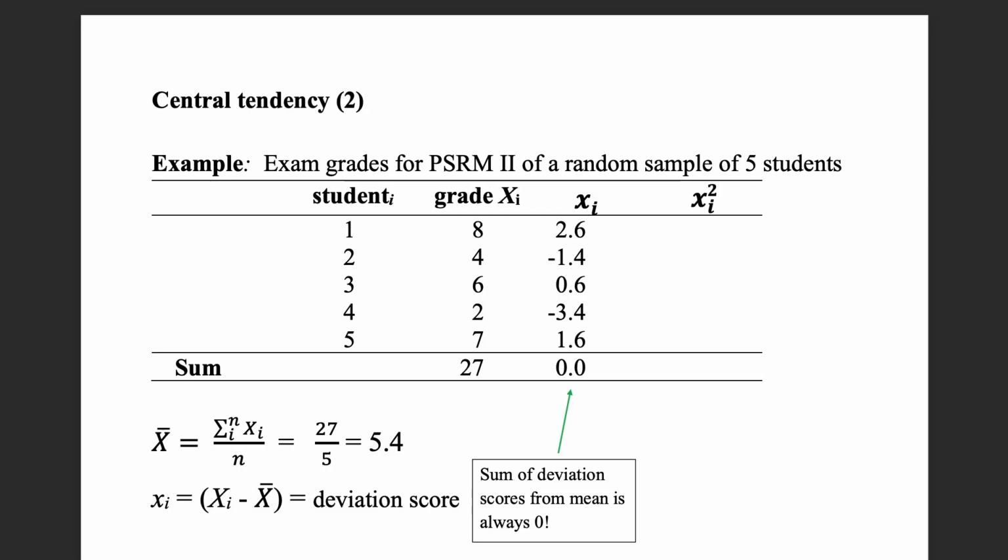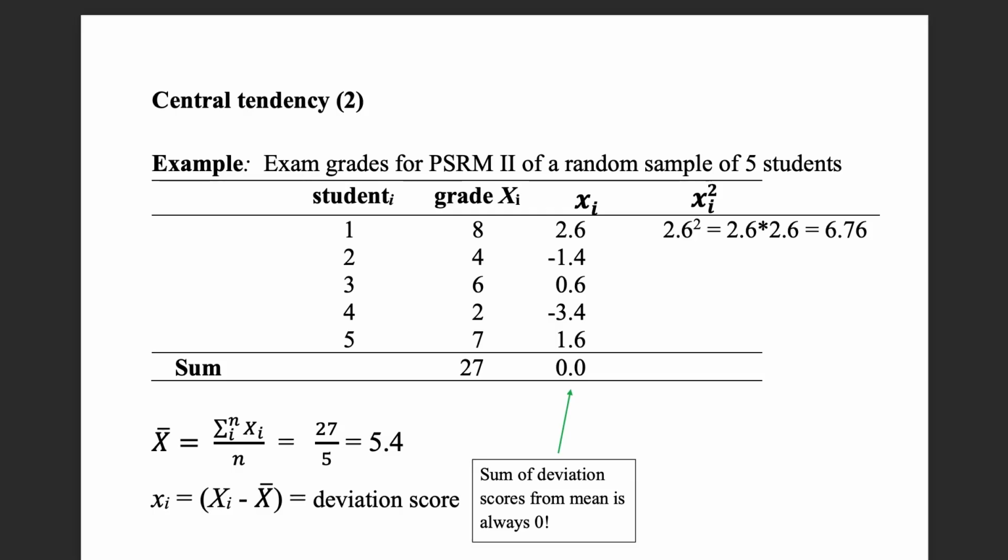There's always going to be a positive, because positive times positive is positive, but negative times negative is also positive. So you always get a positive number for the squared deviation score, and that means the sum will not, by definition, be 0. Okay, so what is the squared deviation score for the first student? Well, the deviation score was 2.6. So the squared deviation score, 2.6 to the power of 2, is the same thing as 2.6 times 2.6, which equals